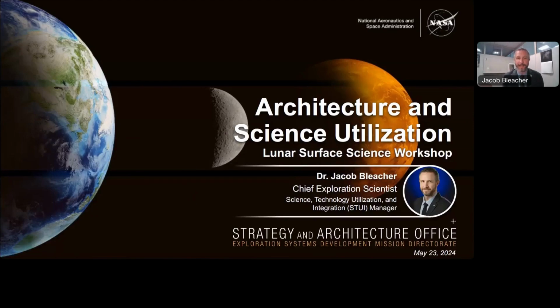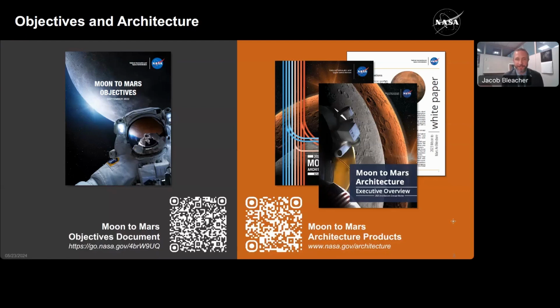So I'm talking about how science and utilization fits in with the architecture. I'm the chief exploration scientist for ESDMD. I do have 2 QR codes here just to point out where some of the content we're speaking about comes